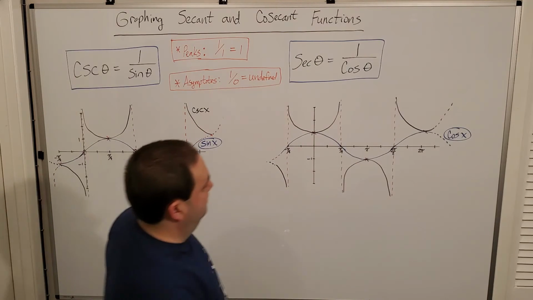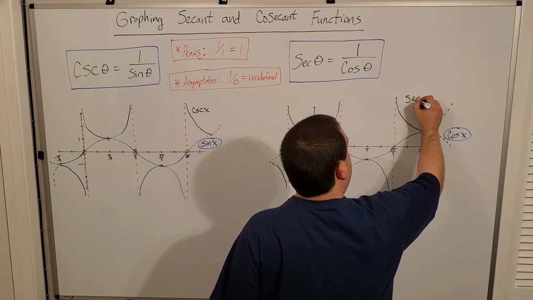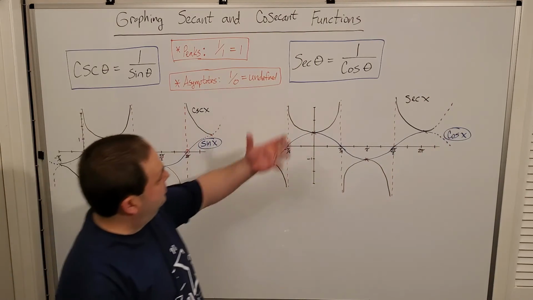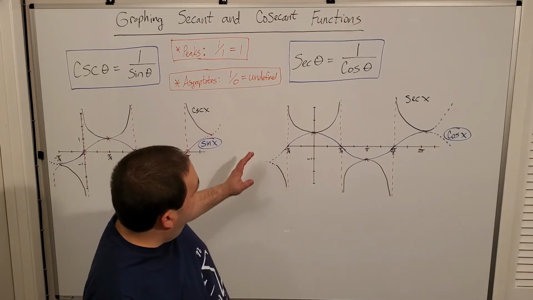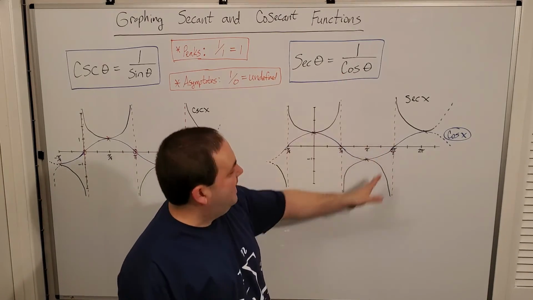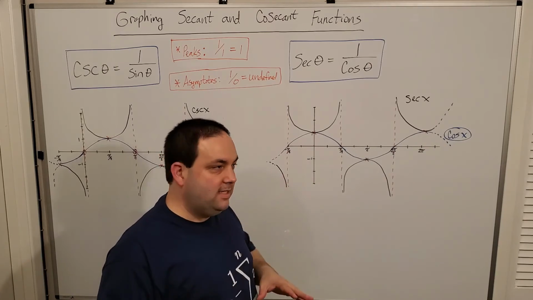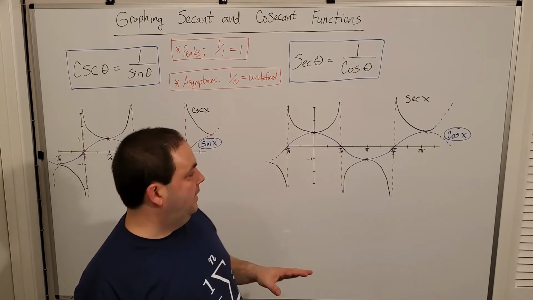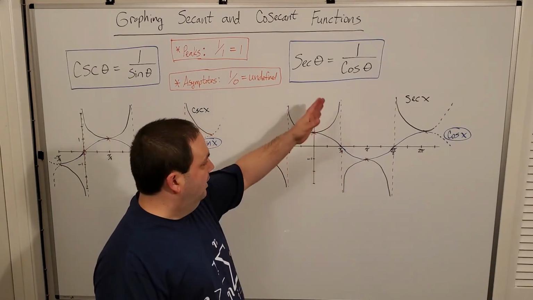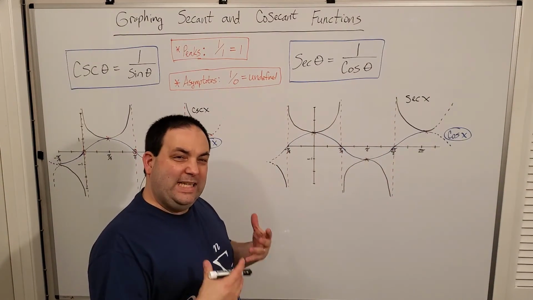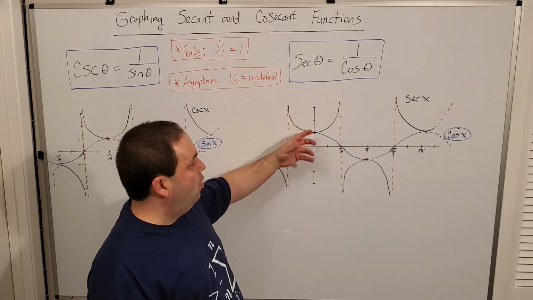That, right? This would be secant of x. Would be those U shapes. Now remember, the actual cosine in here and even the asymptotes themselves don't actually exist on the graph of the secant. I'm simply using the vertical asymptotes and the cosine function itself as guides to help me draw the actual